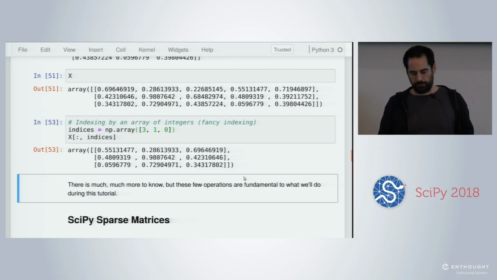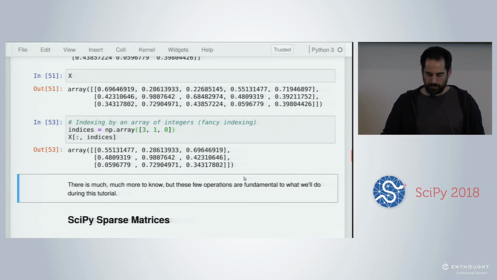Finally, it's also possible to do what we call fancy indexing. It's basically when we use a NumPy array with integer values to index another array. So let me print x just before. Here we are going to use 3, 1, 0 to index on the columns.